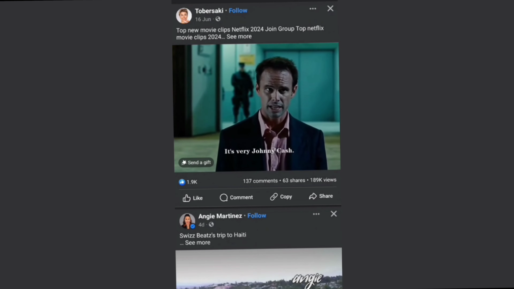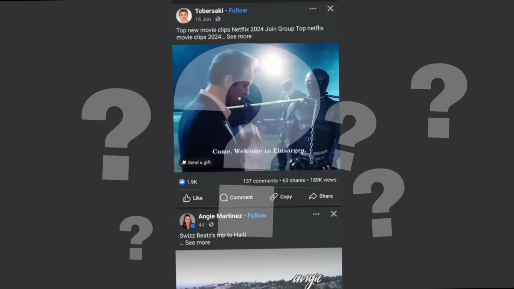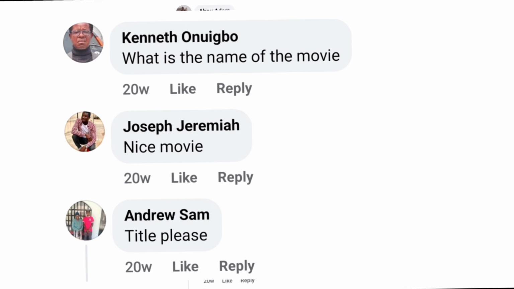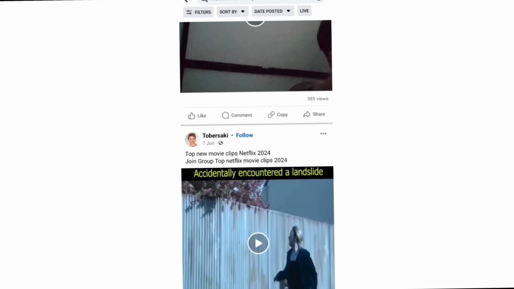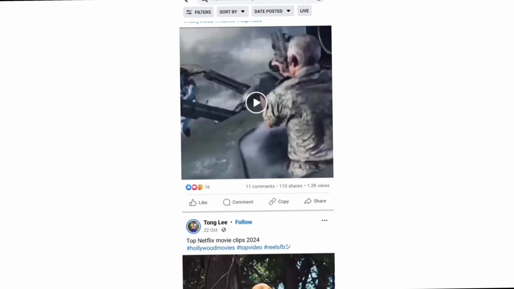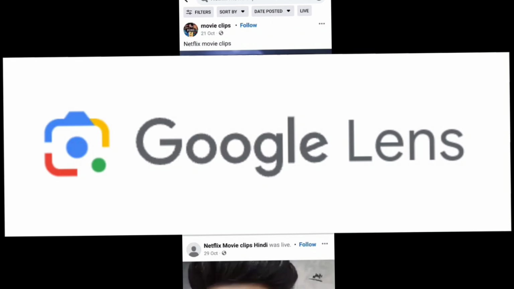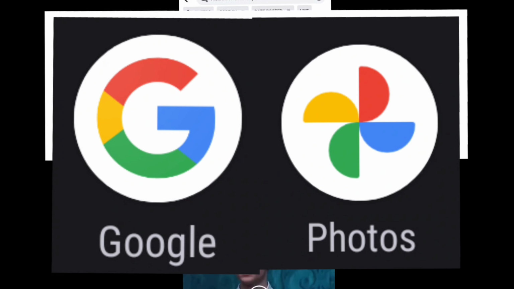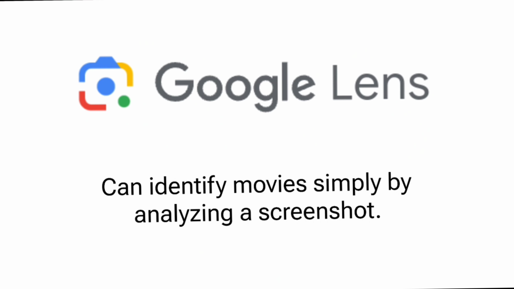Have you ever watched a clip or seen a scene from a movie and thought, "What movie is this?" Don't worry, you're not alone. Finding the name of a movie based on just a clip is easier than ever, thanks to Google Lens. This amazing tool, available on the Google Search app or Google Photos app, can identify movies simply by analyzing a